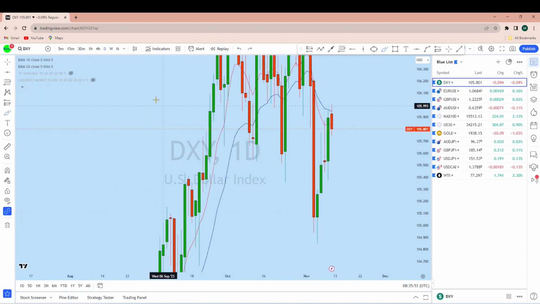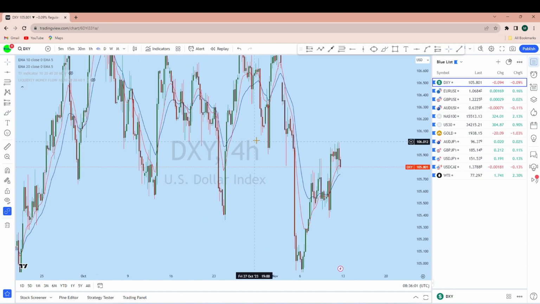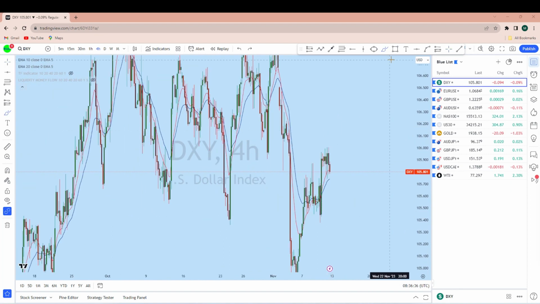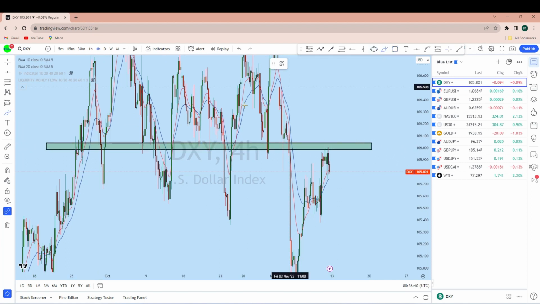and from that zone we can expect DXY to remain bearish. Now from the intraday perspective on DXY, we can see that there is a retest of this level. So we see that in that area for long term this level was respecting as a support in the past. This is a support here and also support here, turning resistance,